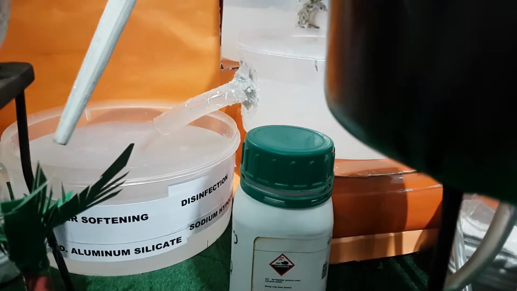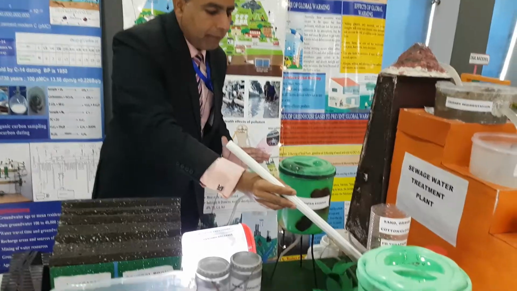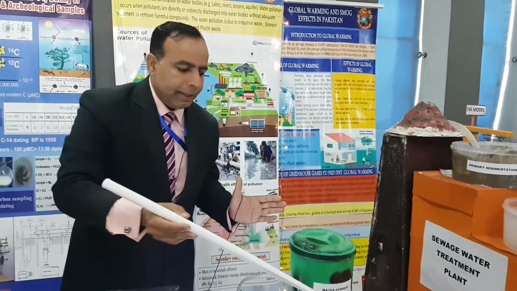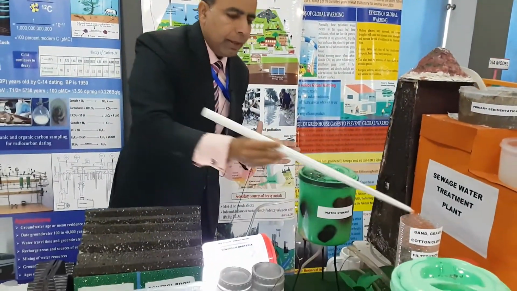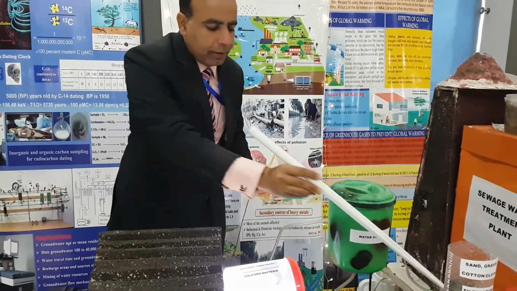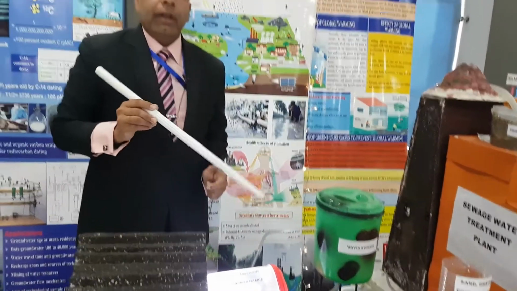After adding sodium aluminium silicate, it will remove the hardness from the water. The water through sodium aluminium silicate has been softened. It is fit for drinking. Now this water is sent to the UV light treatment.